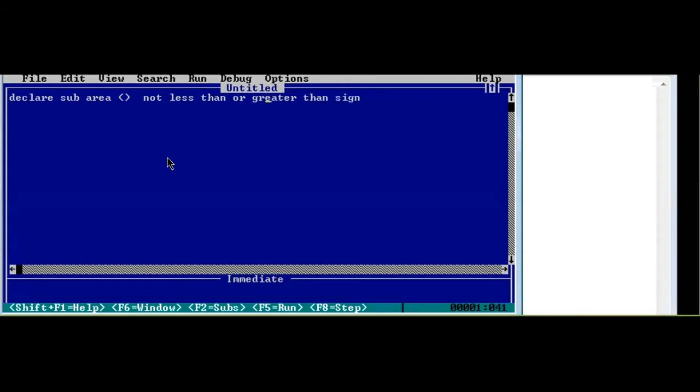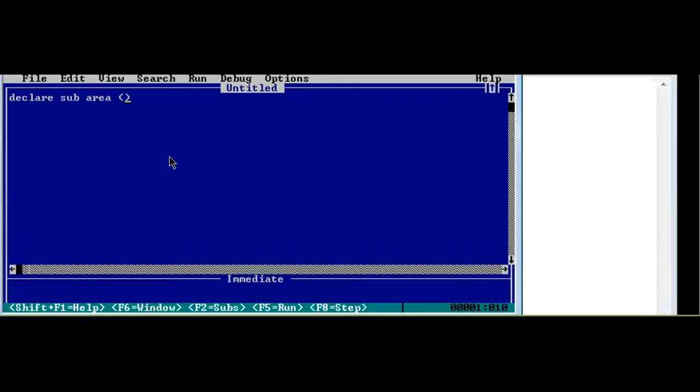It is small brackets, or parentheses, however you want to pronounce it. I'll be using this bracket terminology because it will not create any confusion. So this is small brackets.